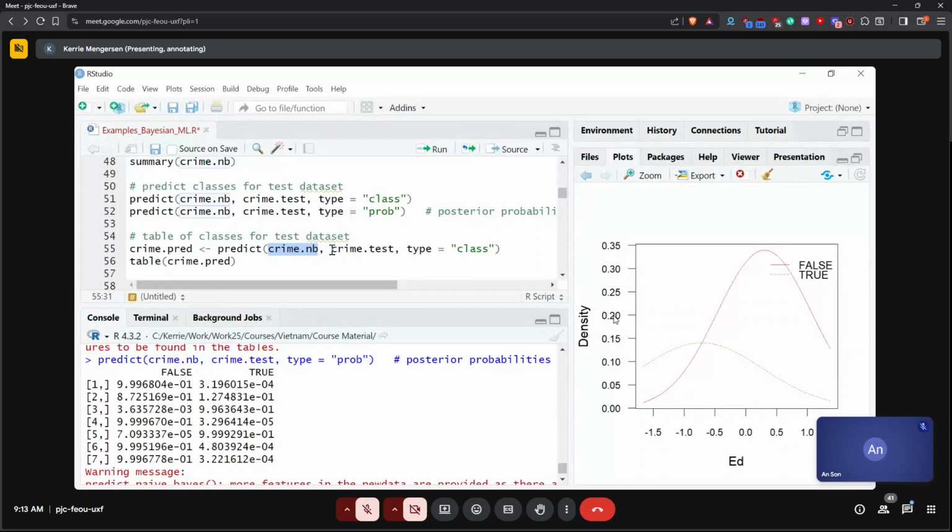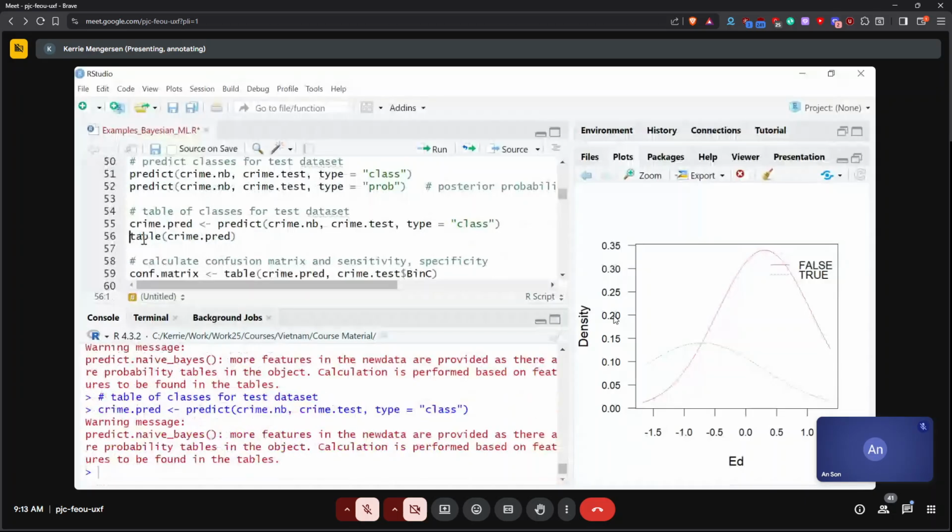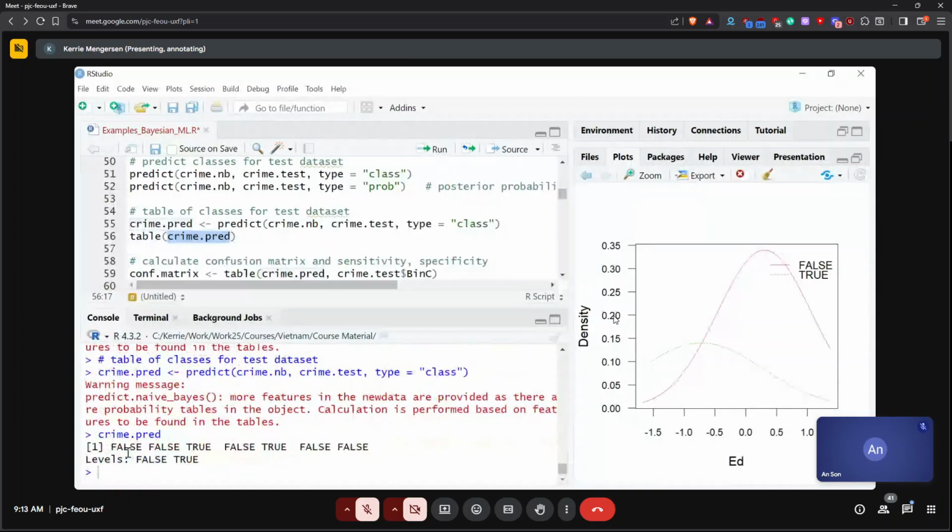So this is exactly what I have before, but I'm just putting the results now in this object, crime.pred. So we've seen that before. Now this one here is a table. So I'm going to table crime.pred. So it's going to tell me what this is. So I've got false, false, true, false, true, false, false. Okay.